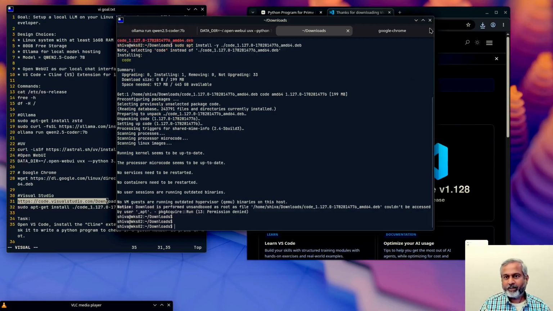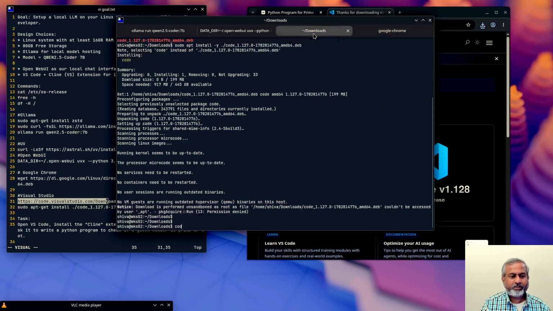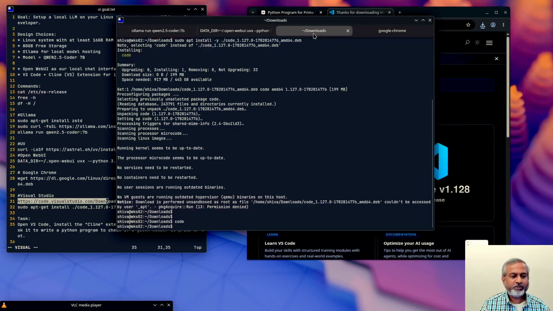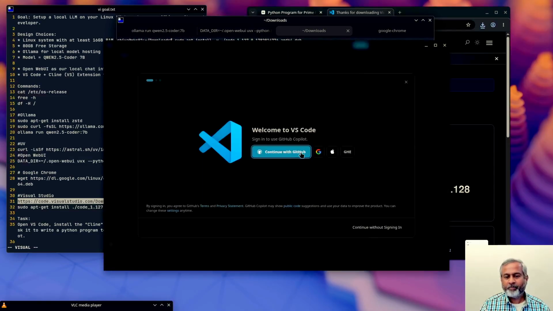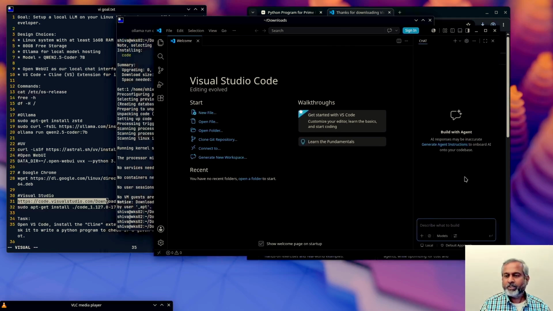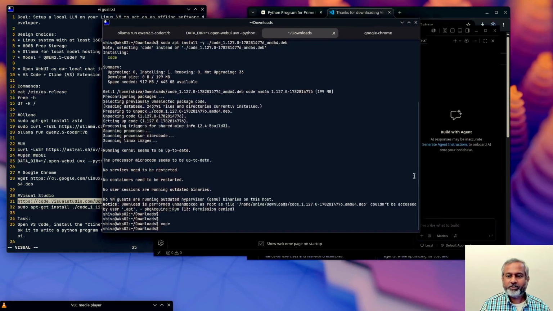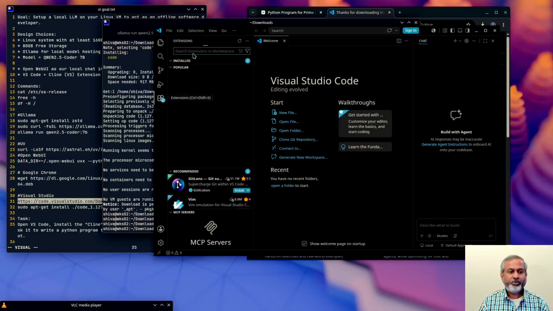All right, so we have code downloaded, so we can launch code, right? Which is Visual Studio Code. There you go. I don't want to sign in right now. So it's the default stock install, right? So the first thing that we want to do, and you can sign in if you want to, by the way. The first thing that we want to install is that Cline, because it helps you